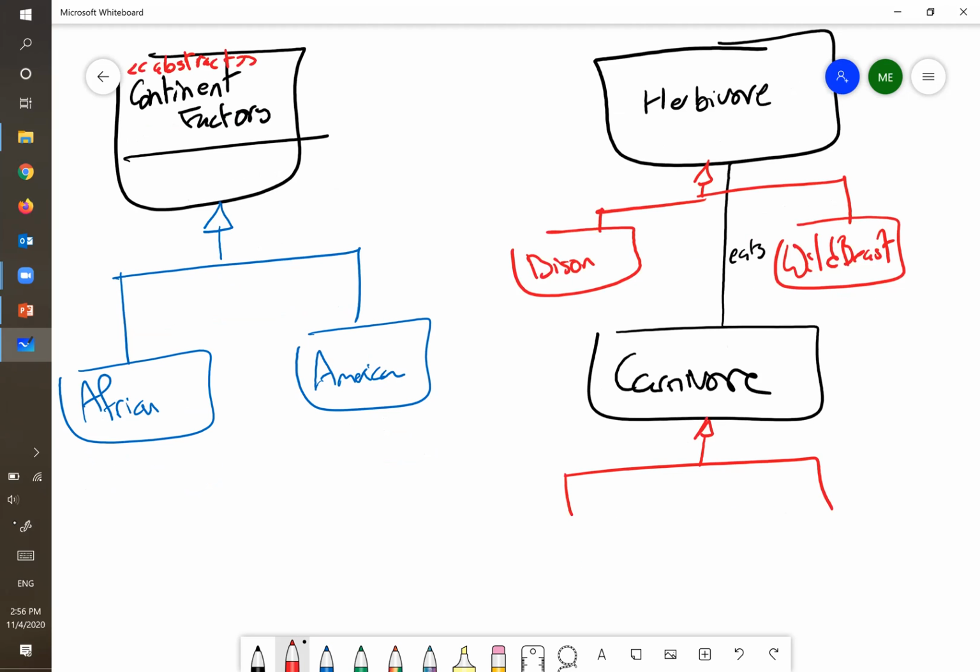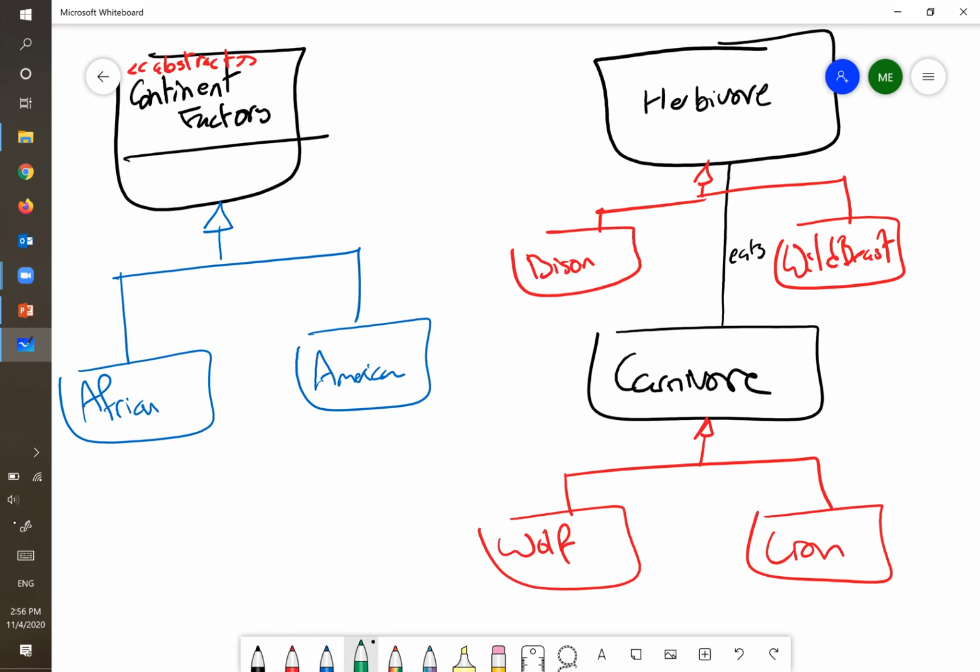We had the wolf, and we had the, what was it, lion. Okay, so America is going to be producing the bison, it's going to be producing the wolf, whereas, let me